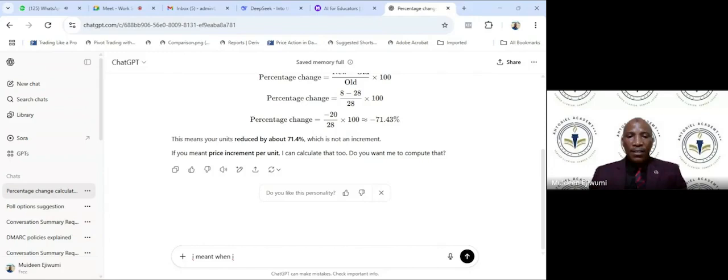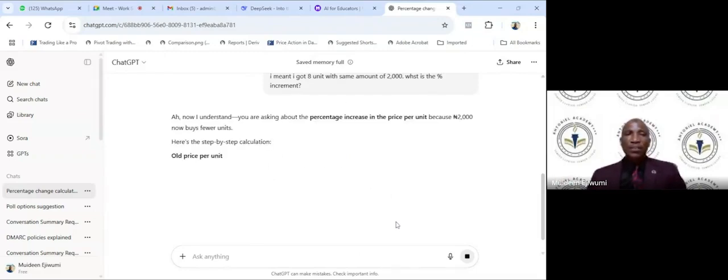When I got 8 units with the same amount of 2,000, what is the percentage? I don't even want to change the mistake, so it doesn't matter. But these are just the things you are.